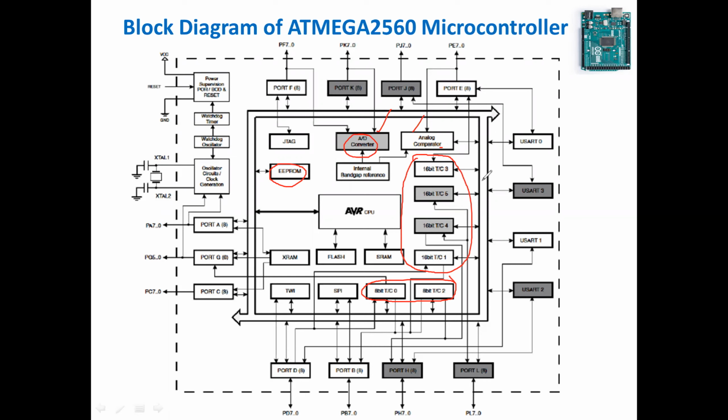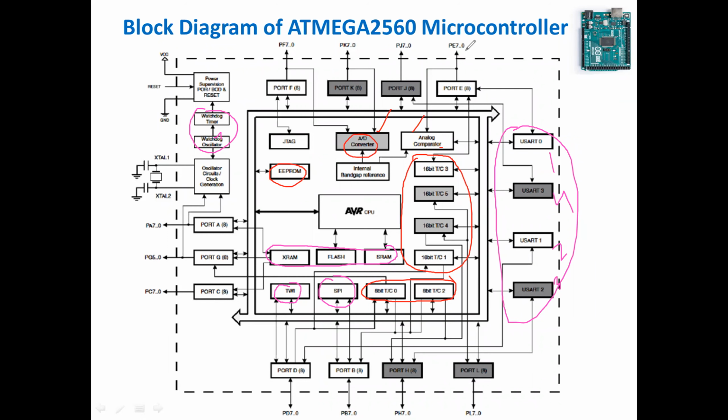And for serial communication, we discussed we have UARTs, 4 UARTs: 1, 2, 3, 4 UARTs, and we have SPI, and this is, I think, for interrupt, and we have RAM and ROM, this is the memory block. And then we have a watchdog timer with oscillator. We have a number of blocks also, but they are not specified.